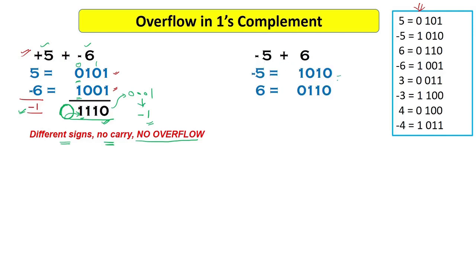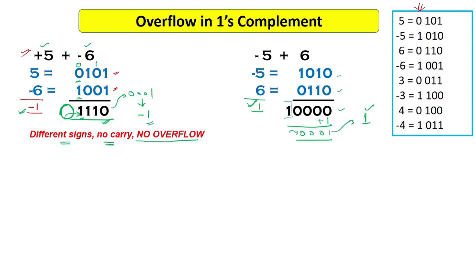Now let's add minus 5 and 6. I have represented minus 5 and 6. Minus 5 and 6 will give me 1. So let's see what answer we will get. After adding these, we got this 1 and 4 zeros. This answer is actually in ones complement representation, right? In ones complement, as you know, the carry out bit that is generated is added to this result. So now I will get this answer. This answer is actually a positive number, as you can see, this is 0, so this is actually 1. Here you can see this is my final answer, and it is represented in 4 bits, and this is giving me the same answer which I was thinking of.